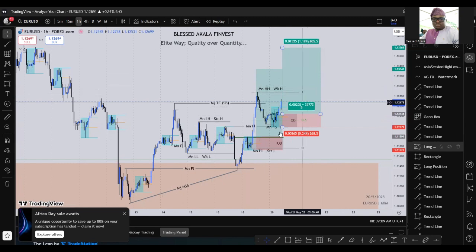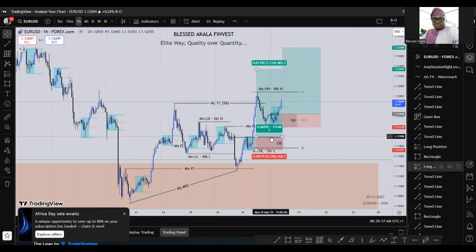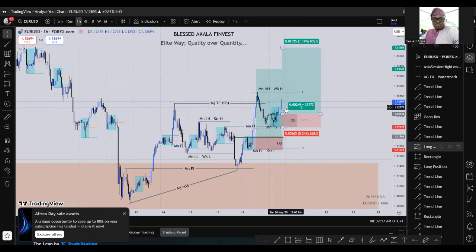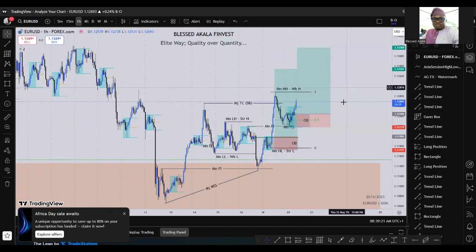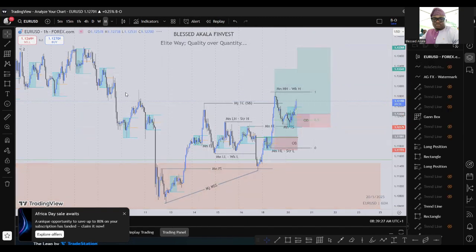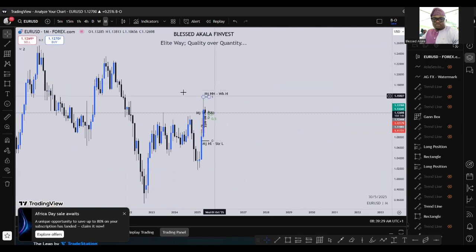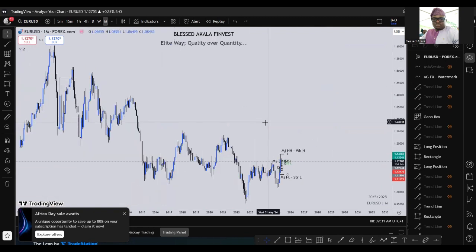So I'll be looking forward to either of these two trades. If this one didn't hold, then we're expecting this one in the market. But nonetheless, this will be our trade, nothing further. Personally, I believe in the high price movement. I've been talking about price going high for a while now, since last month. I've been talking about it.